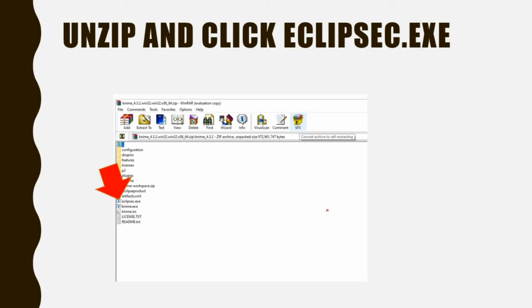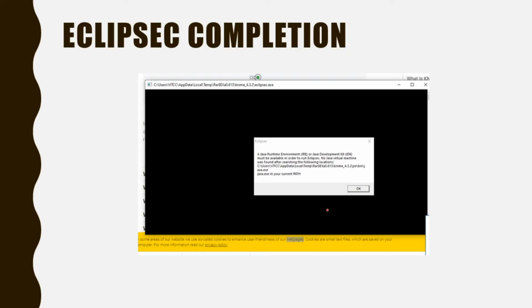You double click it. If your computer already has the Eclipse platform installed, then you no need to download this or double click this Eclipse exe file. You can use your existing Eclipse. If your system does not contain Eclipse, then you can double click this eclipsec.exe. Once you double click it, it will show the Java path configuration, which ensures the completion of the Eclipse installer.